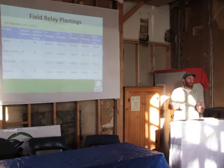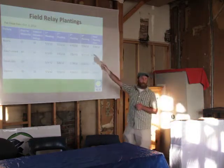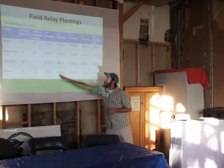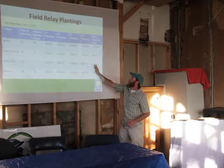And if you use an Excel spreadsheet, I just want to point this out. We enter it by our frost date, and then we work from there, so we know it takes this many days to mature. This is how many plantings we could have. I wasn't able to fit it all on the screen, but we'll do up to 8 plantings, the final planting